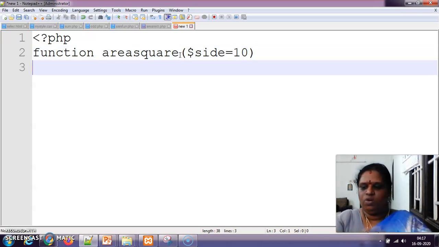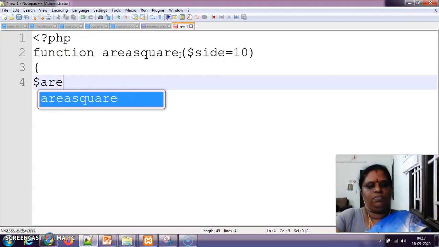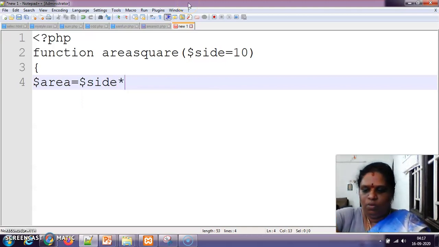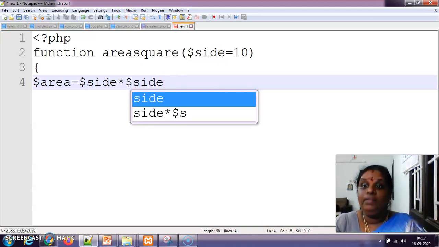Okay, this is called the default value, and area is equal to side into side. This is the formula for finding the area of a square.